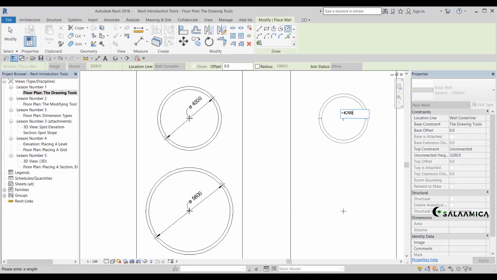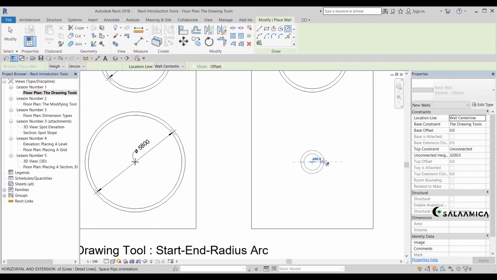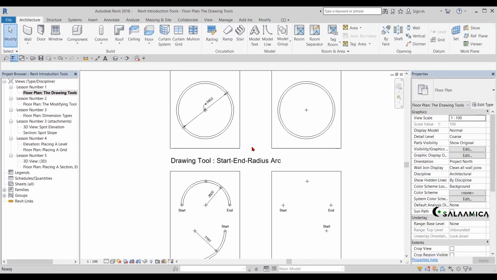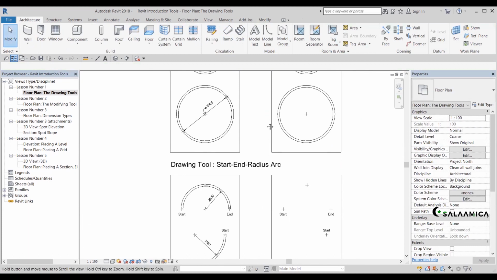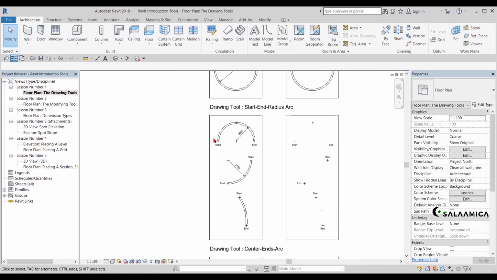For 200 divided by this symbol 2. Enter. So that's the radius. So the third one as well. Do the third one as well. Sir, we're going to go